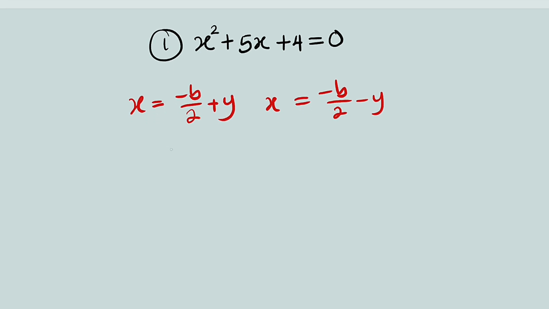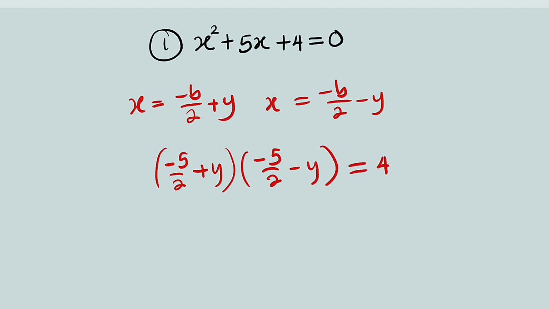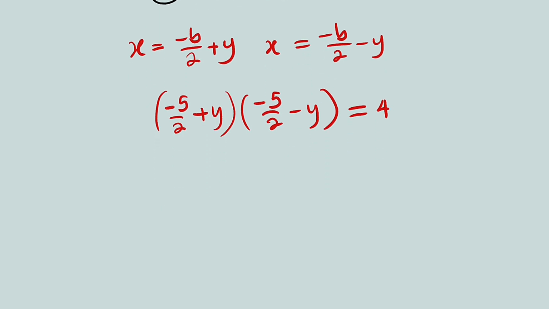Let's substitute it. I want to multiply directly so that I get the constant term. So we have minus 5 divided by 2, then plus y. We want to multiply the 2 roots together so that we obtain the constant term. The constant is 4. Look at this. They are just difference of 2 squares, where if you want to expand this, you take the first term and square that. Negative 5 divided by 2 squared will give us 25 divided by 4 minus y squared equal to